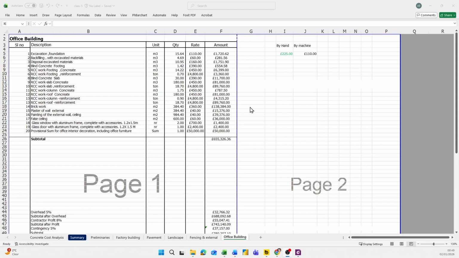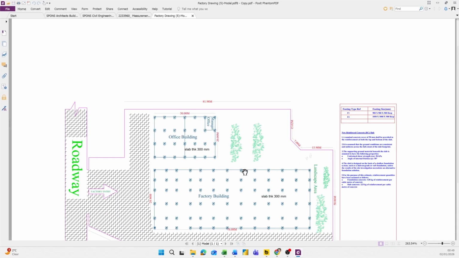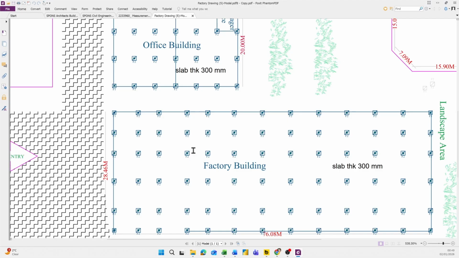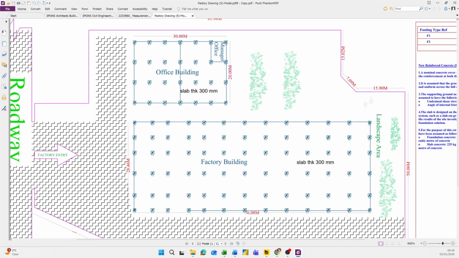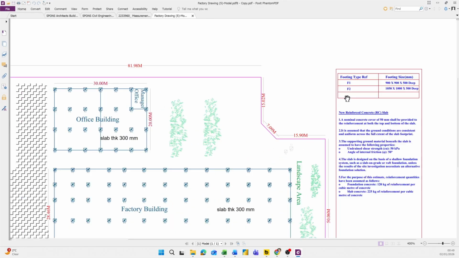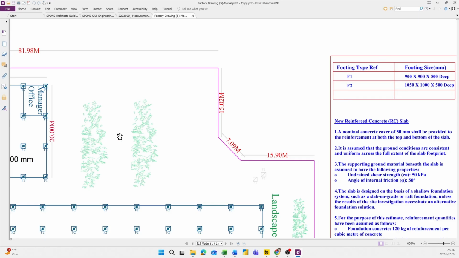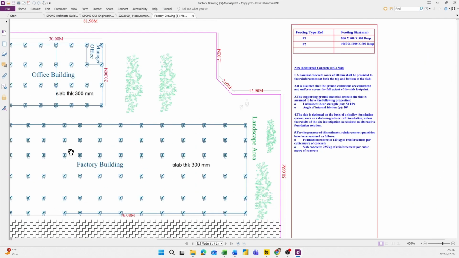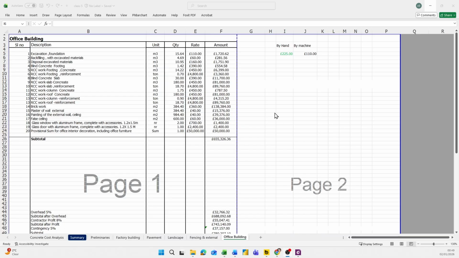Let's discuss the excavation foundation. So for excavation foundation, you can see the footing size. That means the whole area does not need excavation. I need to excavate only the footing area. So two ways I can do it, by hand or by machine. Yes, this price is machine price,